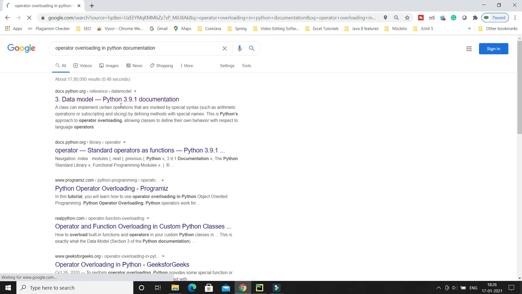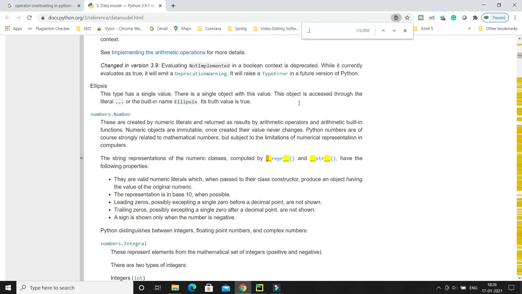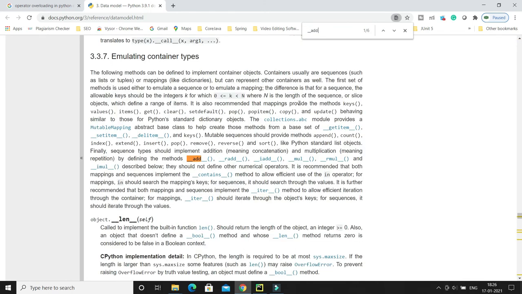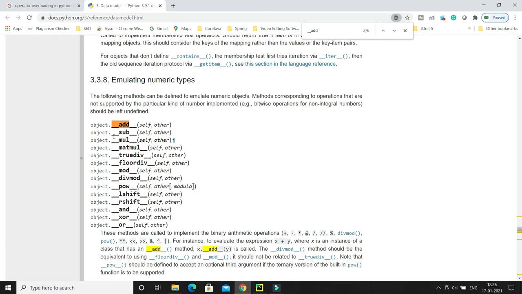If you go to the documentation page, then here is what I did for __add__. If you search for this, then we have to override __add__ to perform addition, right? Similarly, if you want to give some meaning to your custom object for subtraction, then you have to override __sub__. For multiplication, mul.